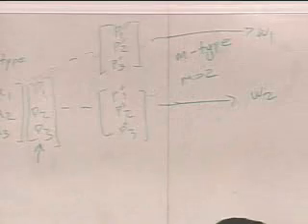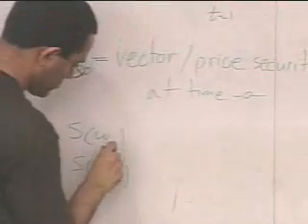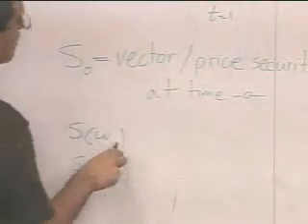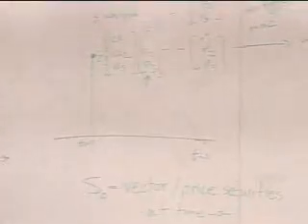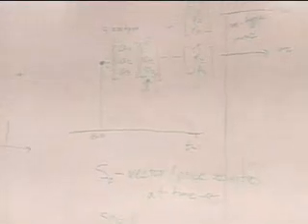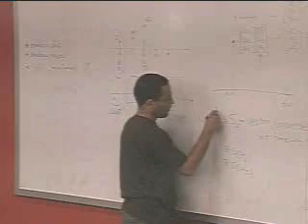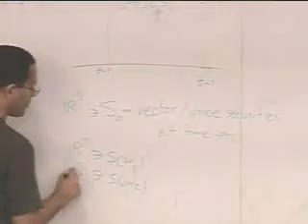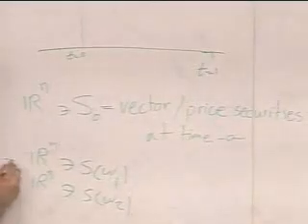So now the prices after one period would either be S omega 1 or S omega 2, where S omega 1 is the prime one and S omega 2 is the double prime. So this is the notation for the prices after one period. And obviously S0 and all of them are vectors in Rn. Why? Because there are n types of securities, so each of them has n components.